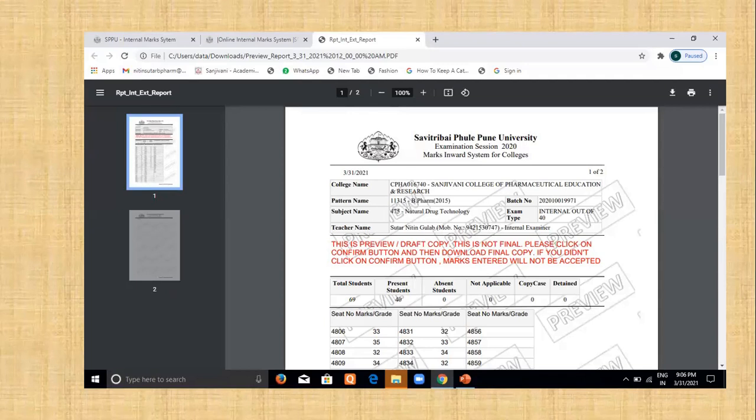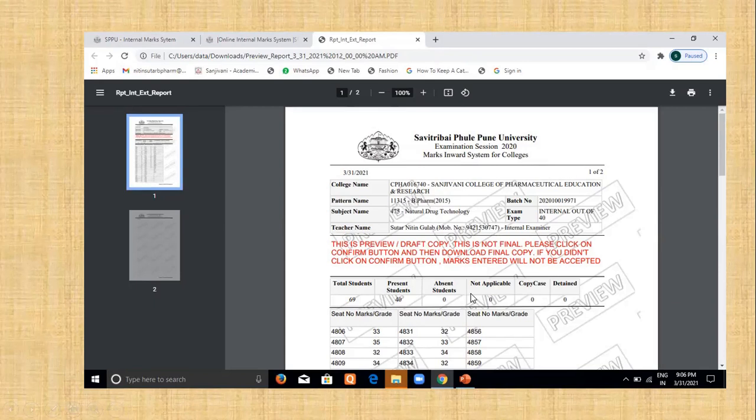Just like your mark sheet, it appears. If that is completed, a total of 69 students are here, and 69 students are here also, present students, then absent students. If the total of both is equal to the total number of students, then this is okay.